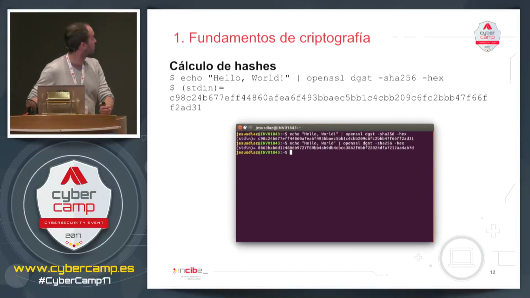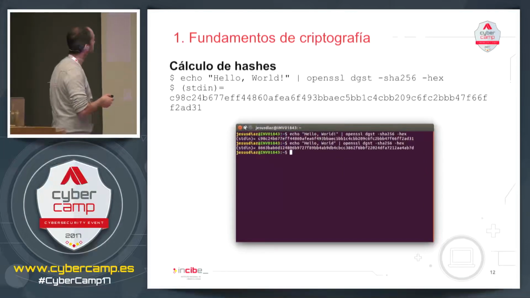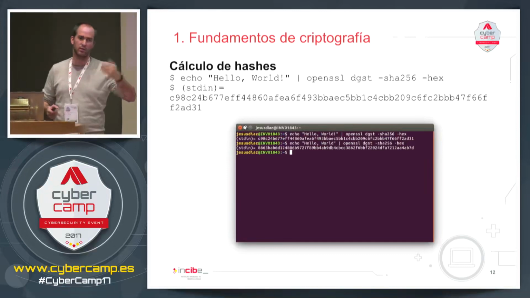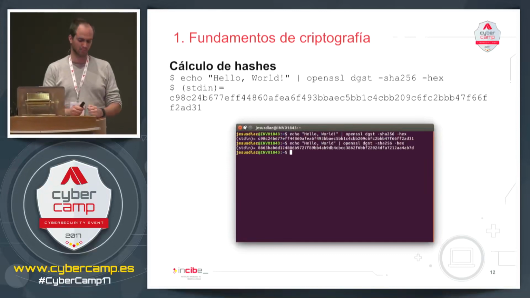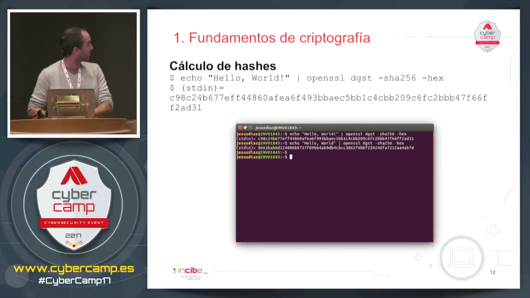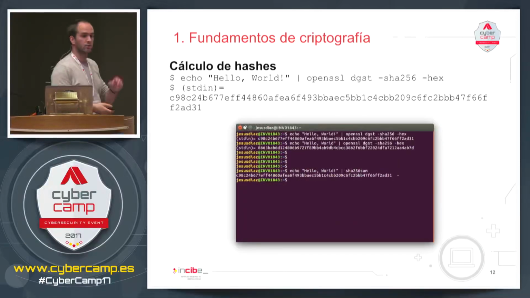So if I change just a letter, the hash is totally different. You see the difference? Different letters. What I've done is just to remove a letter or change a letter. Instead of OpenSSL, because there are too many arguments, you can use, in Ubuntu and in distributions from Debian, this: sha256sum.